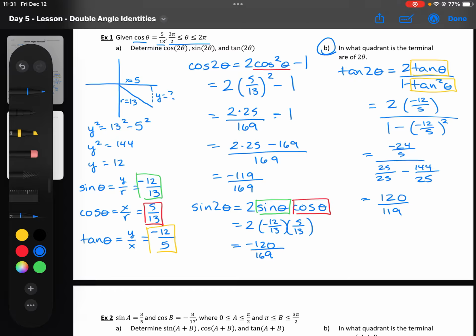The next part of this question asks where the terminal arm of 2 theta is. What I know is that cos 2 theta is less than 0, sine 2 theta is less than 0, and I just found that tan 2 theta is greater than 0. The only quadrant where all three of those things are true is the third quadrant, the tan quadrant. So I'm going to say that since tan 2 theta is greater than 0, the terminal arm